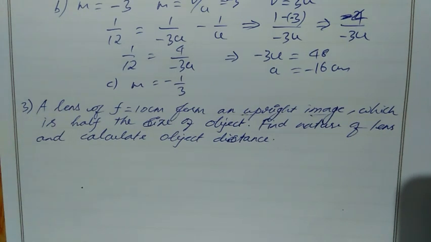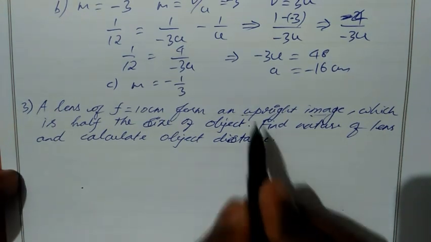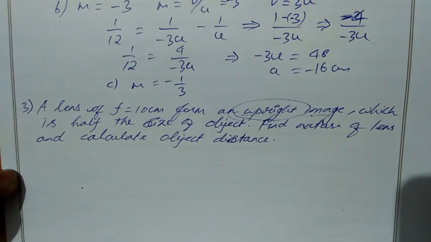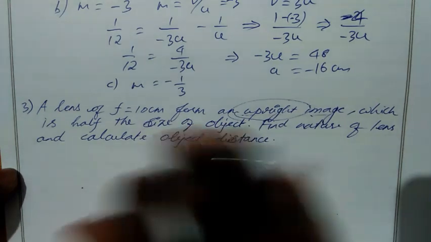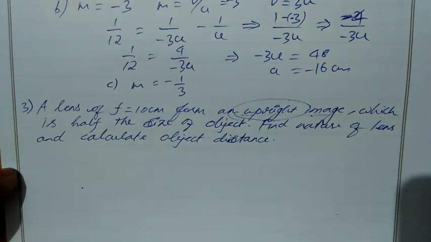Which lens produces a big image from a small object, as well as the nature of image is upright? Upright means virtual. Okay, so we have two lenses, correct? Both the lenses form virtual image. If we check the ray diagrams, for convex lens, only one particular special case we have virtual image. Then for concave lens, in both the cases we have virtual image. So we have to find which lens produces this by satisfying all these conditions.